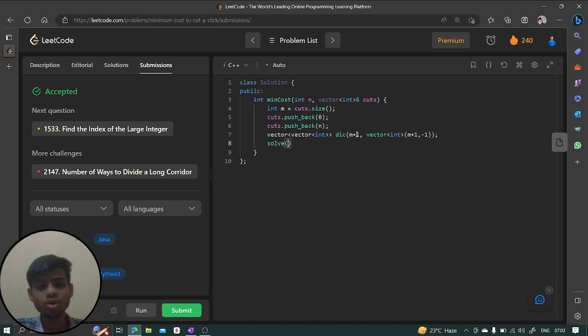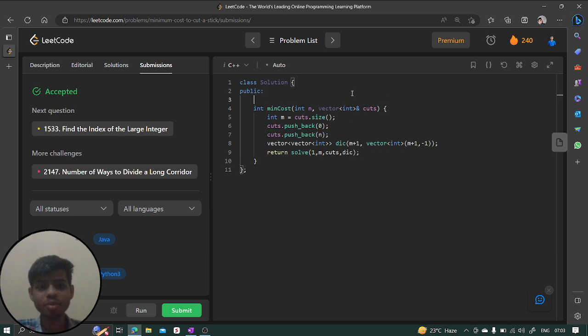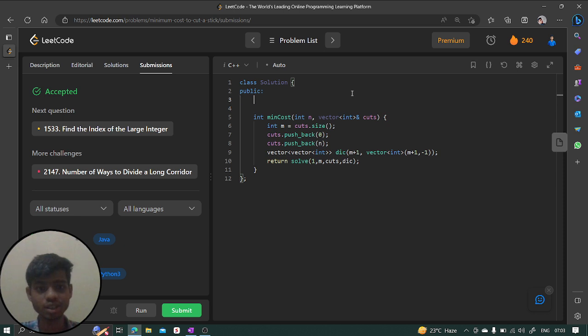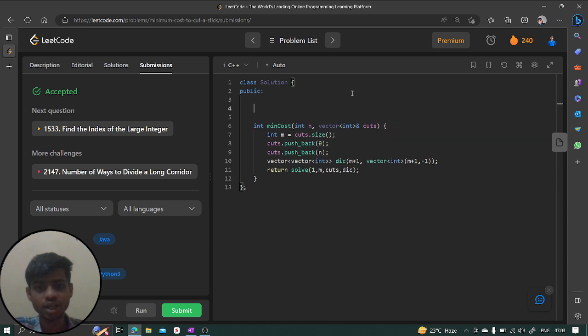And now you are going to call your function, which was our earlier function. And here what are we going to pass? Initially we are going to pass 1, then m, and after that we are going to pass the cuts array, then this dictionary, right? Now guys, see what we have passed. Why have we passed 1? Why haven't we passed 0? Just focus over there. We are going to say integer solve function, and this 1 is our start,